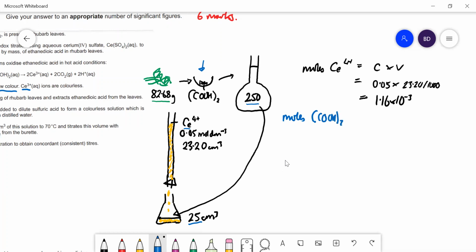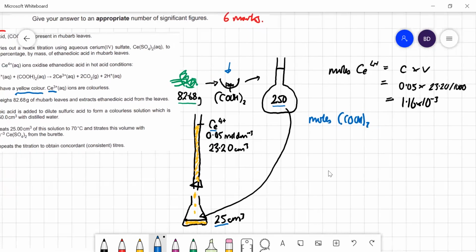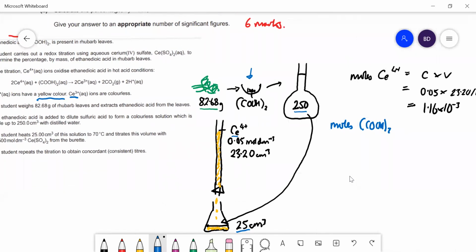Well, we look at the equation they've given us, and 1 mole of ethane dioate reacts with 2 moles of cerium, so we've got to halve that. So the moles of that is equal to 1.16 times 10 to the minus 3 divided by 2, which is equal to 5.8 times 10 to the minus 4 moles. That's in 25 centimeters cubed